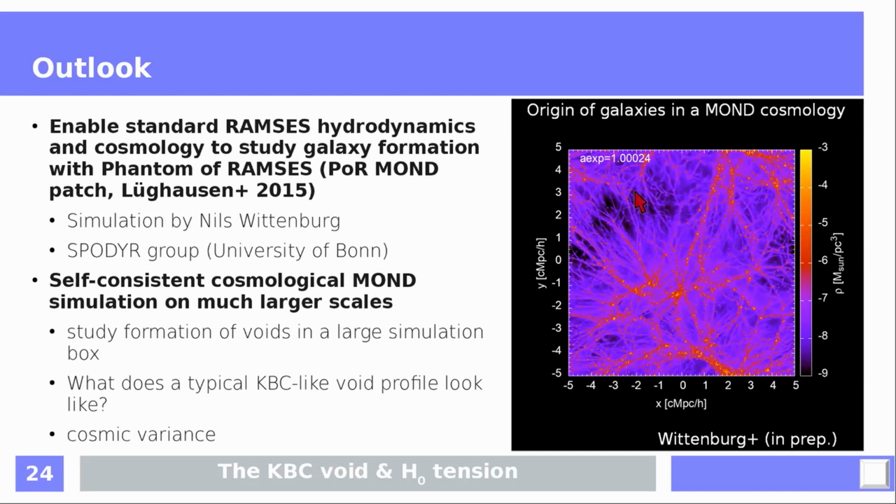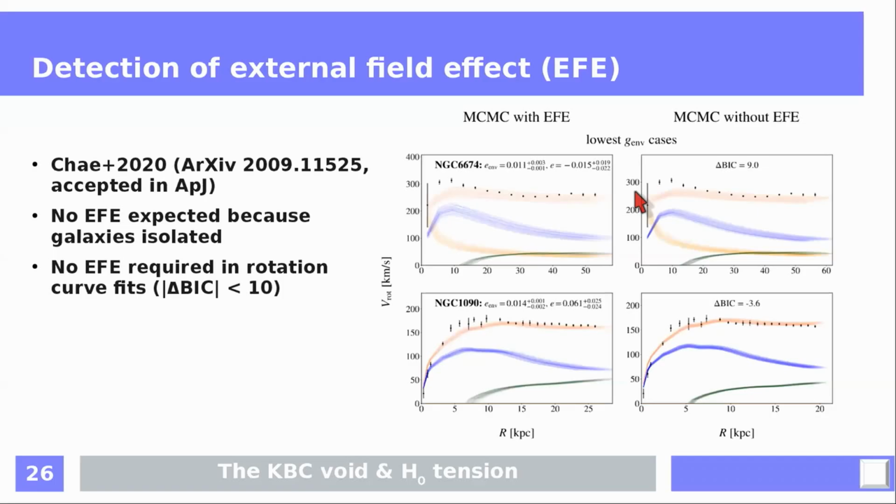So yeah, the last question for both of you: what do you think is the most interesting thing in cosmology at the moment? One of the most interesting things, in my opinion, is related to this external field effect. And that is this recent paper which claims to have detected the external field effect at very high significance based on the rotation curves of galaxies in environments with a weak or a strong external field based on the surrounding